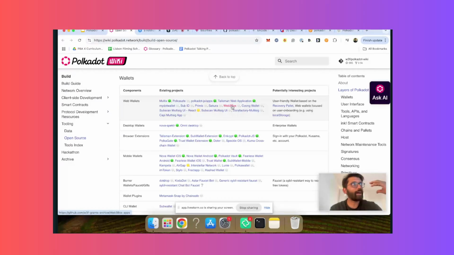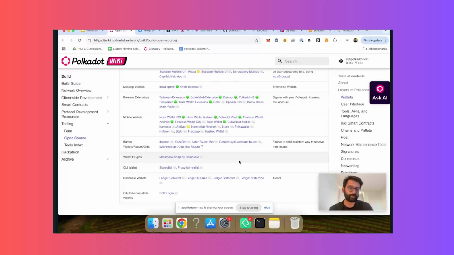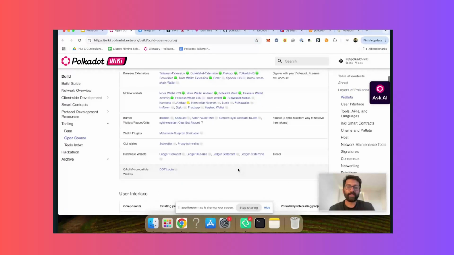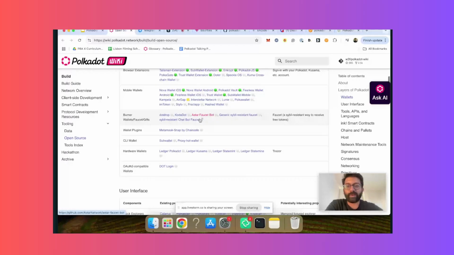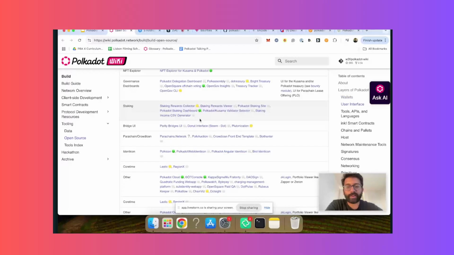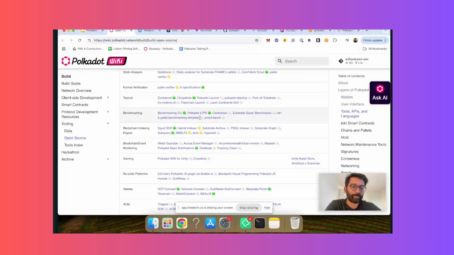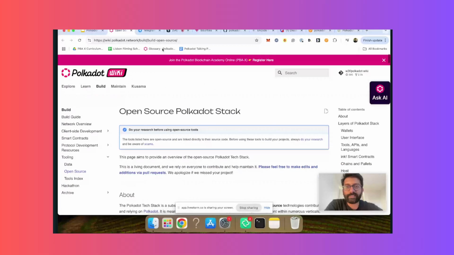So if you have an application area in mind, you don't have to start from scratch. All of these projects were funded by Web3 Foundation. We ensure they put their code online as open source. So you can fork any of these repositories and then start working from there. You don't have to reinvent everything and redo all the code. So you should be able to do this. This link sort of gives you